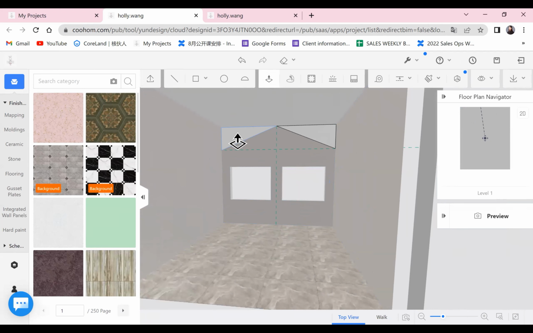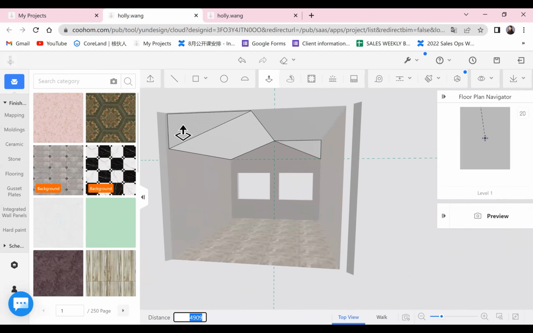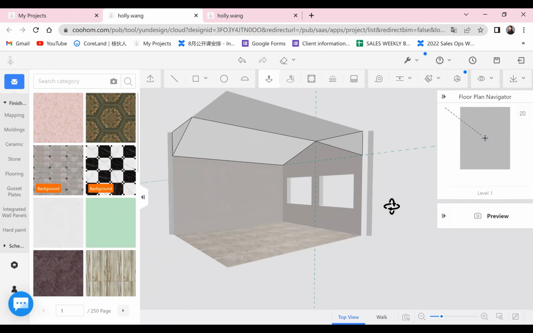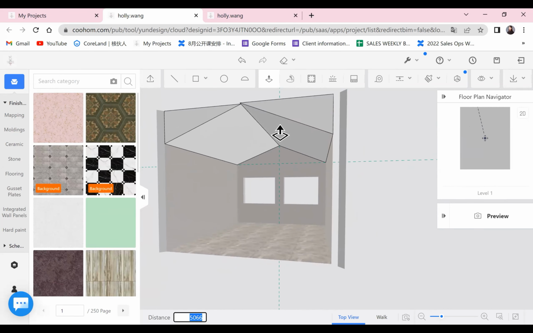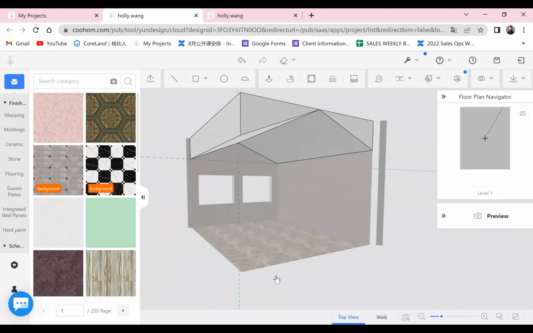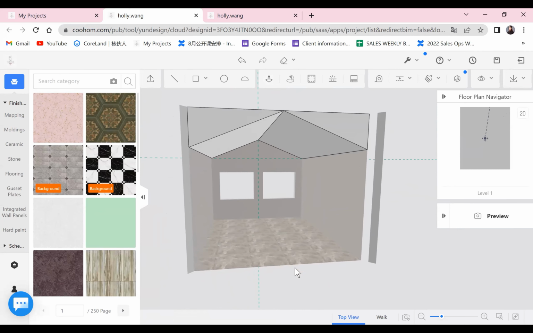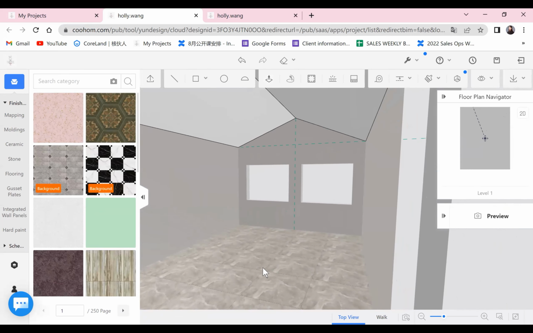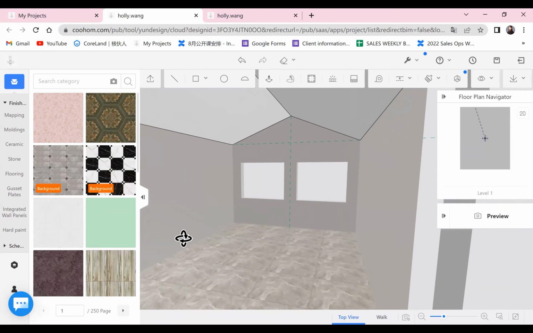Press this one, and then pull right to the end of the room, which is 5,000 long. We have just measured, remember? See, perfect match. This one is the same, 5,000. This is how you get the ceiling.